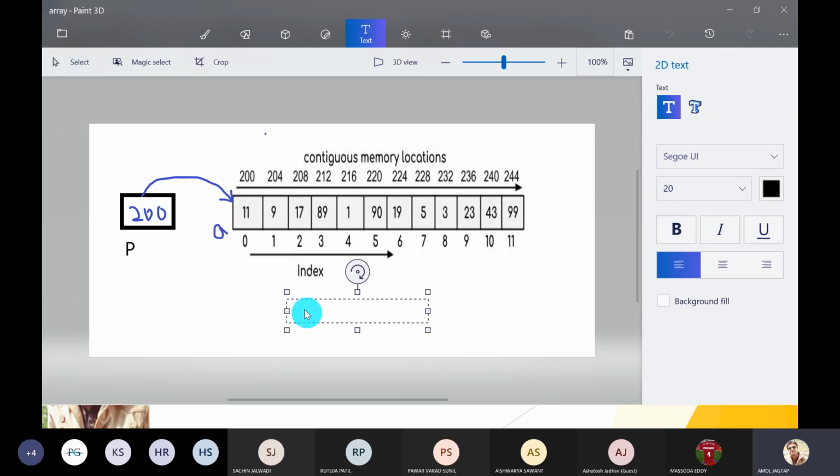When we write the statement integer pointer p equals A, A means it stores the base address. What does the base address mean? It is similar to the address of A of 0, which is 200, and it is saved into the pointer p.